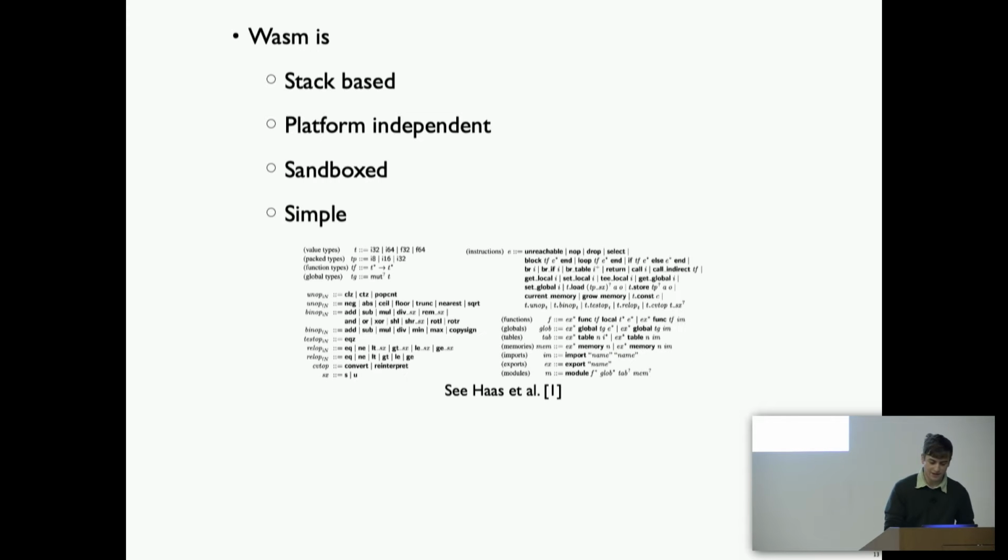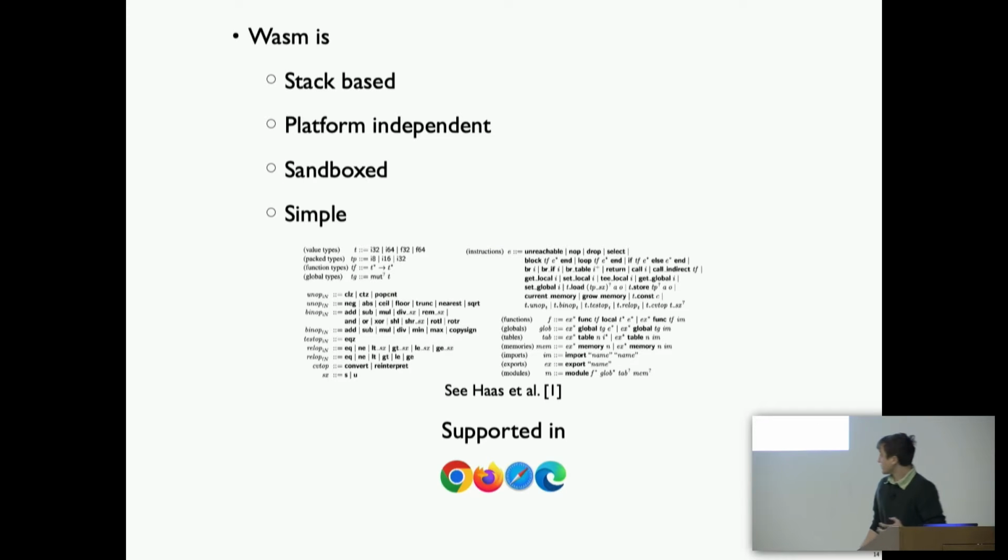It's relatively simple, and by that I mean you can fit the grammar in a single figure here, though this is a slightly older version of Wasm. That's pretty small if you think about it in terms of an instruction set. And it's widely supported in all major browser implementations now. It was actually designed to be added in a fairly straightforward way on top of existing JavaScript engines.